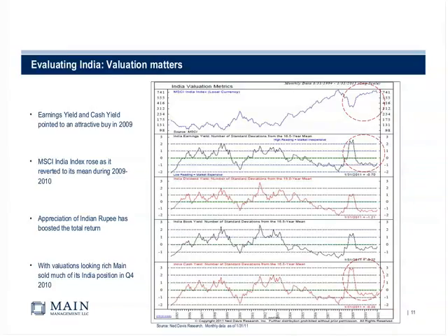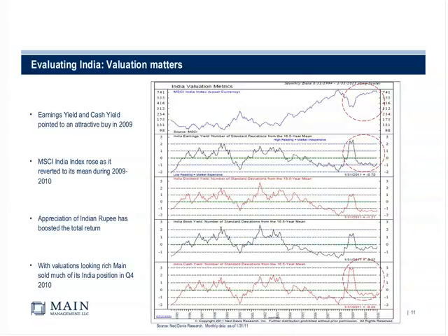You can see what's happened subsequently over the last couple years. In every metric that you look at, if you're below the green line in the middle there, the area below that is expensive, the area above is inexpensive. So in every metric possible, India is still expensive. We saw that earlier in the panel where we showed the different countries, and this just graphically shows you going back historically, to 1995. So now you can see that it's been more expensive in a couple other periods, particularly back in 2000 and then again in 2008. But this is one of the tools that we use.